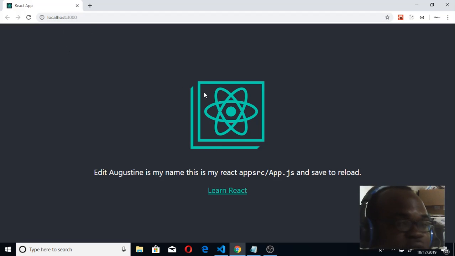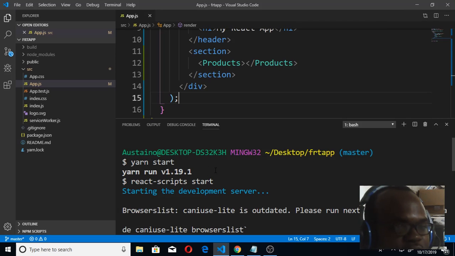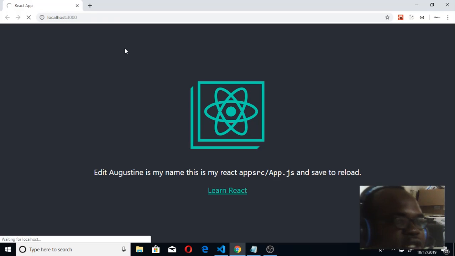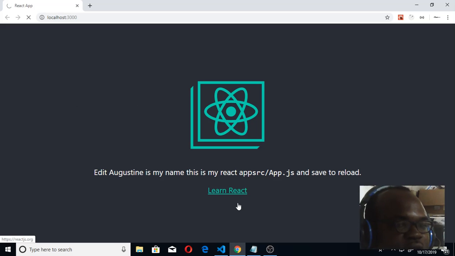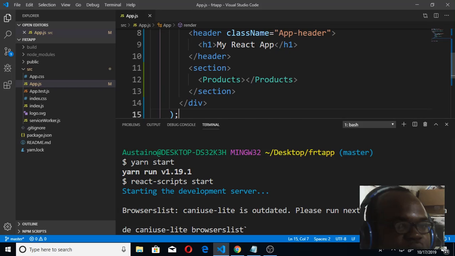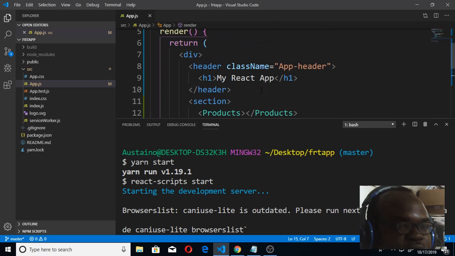This is the localhost 3000 where it should show. So immediately the changes are complete here, I'm going to be able to see it here. So I can refresh while I wait for that to happen, so that I'll see what I have newly here. But you know that the product app component has not been created,